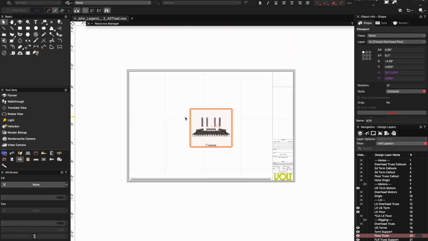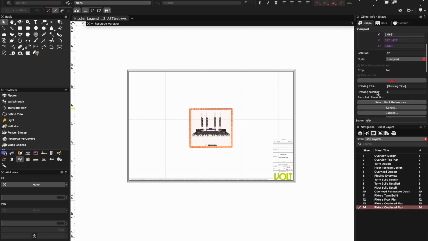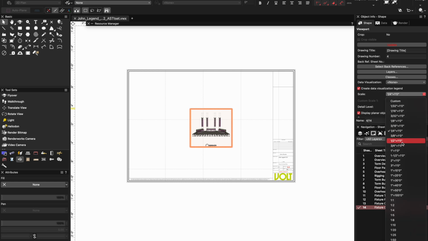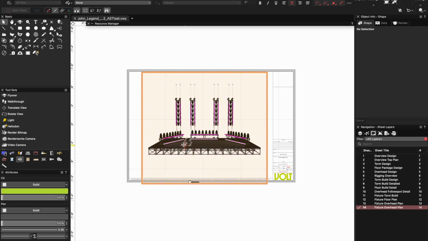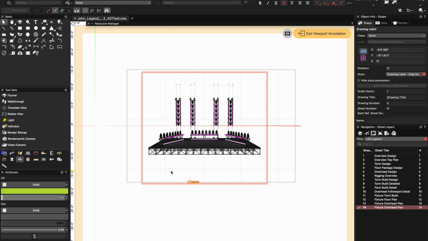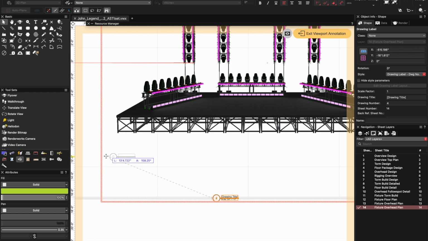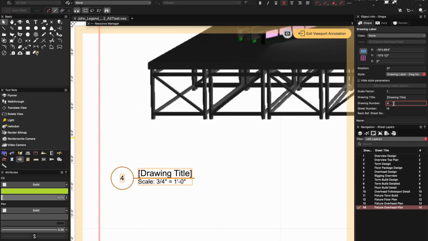So now that we're in our sheet layer here, you can see it's activated. Let's change the scale here. Great. It'll automatically give you this, what do they call it? Drawing label. This is going to kind of capture this viewport. So drawing number, let's put that as 1. Let's call this front perspective